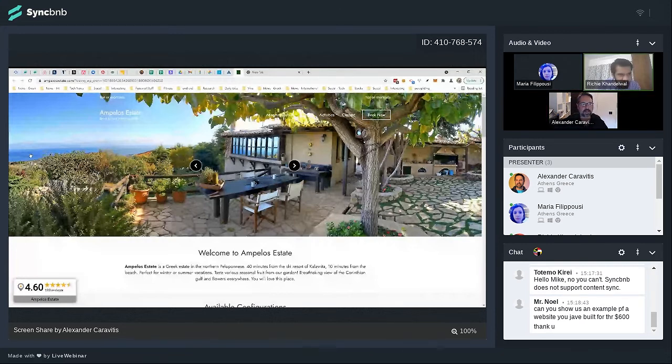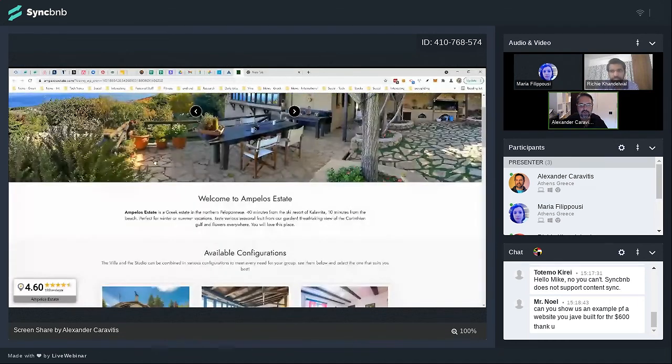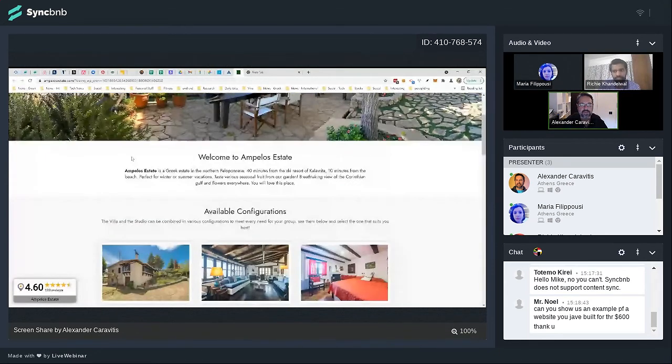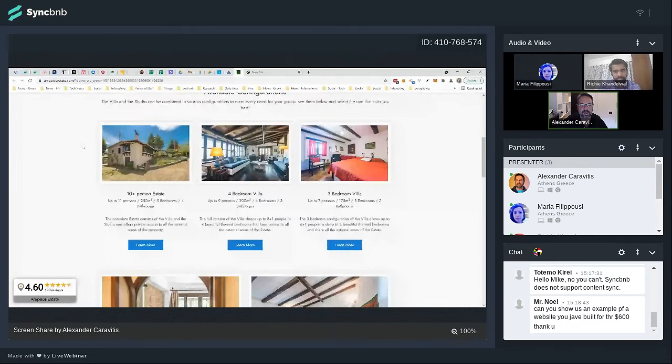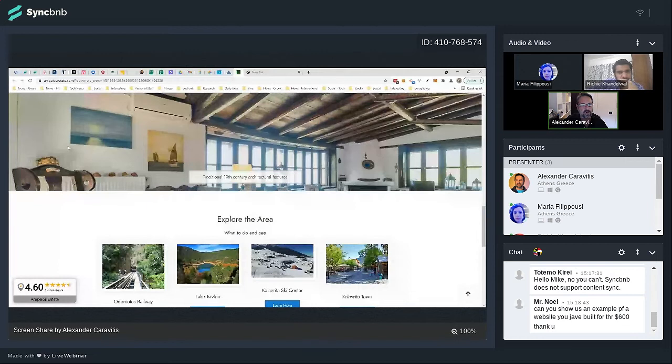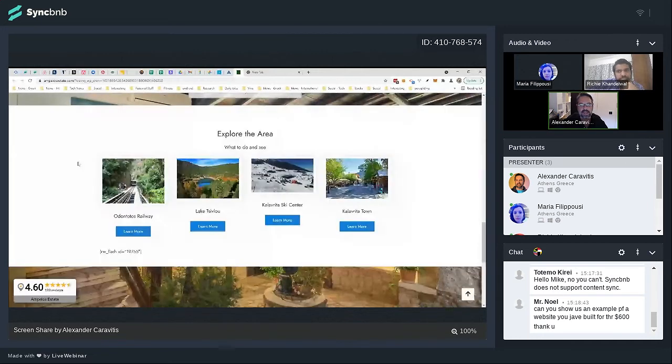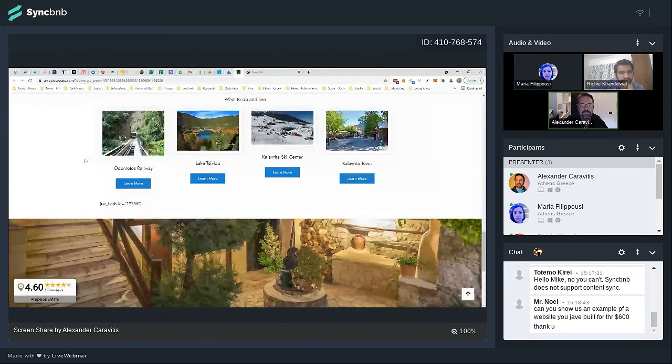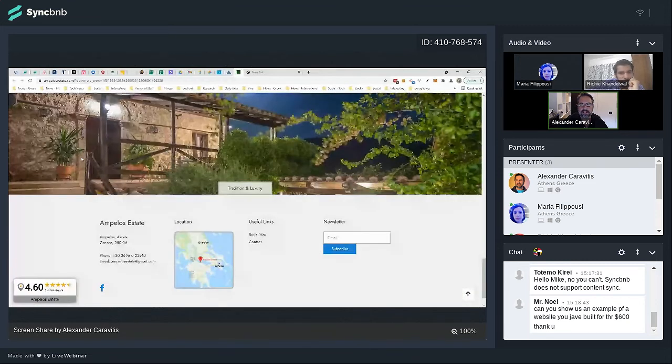So this is a website that was built with our website builder service. You can add your photos and all your properties. So this has 5 properties for rent. You can add your content, like explore the area, and photos and videos and content about the area. And then if you want to book, you can just click book now.